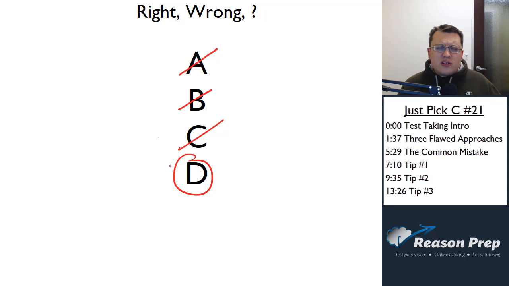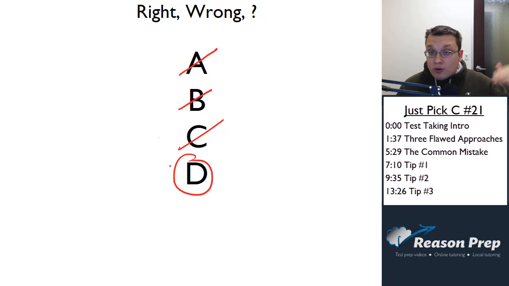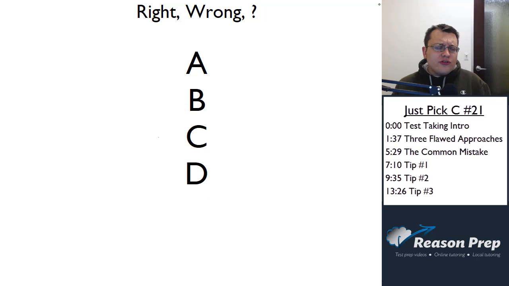So that's like a species of the second approach where we're evaluating the choices, but in this case, we're evaluating them as a binary. Either they're right or they're wrong, and we have to make that decision when we read that choice, and when we move from it, we have to have decided if it's right or wrong, and that's it. And there are problems to that approach as well. So what all of these approaches have in common in terms of the mistake that they make, to different degrees, but certainly they've got this in common, is an inefficient and ineffective evaluation of each choice as a possible answer